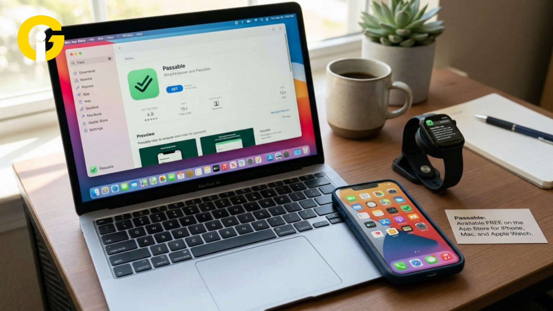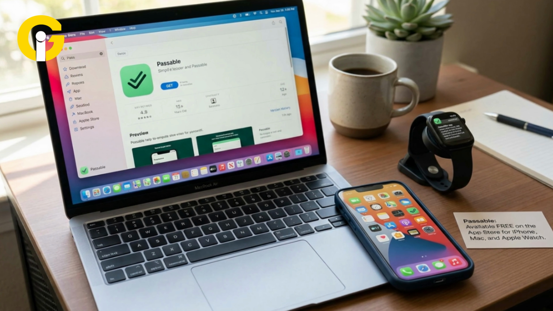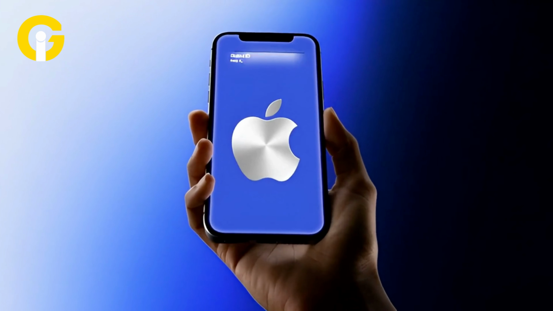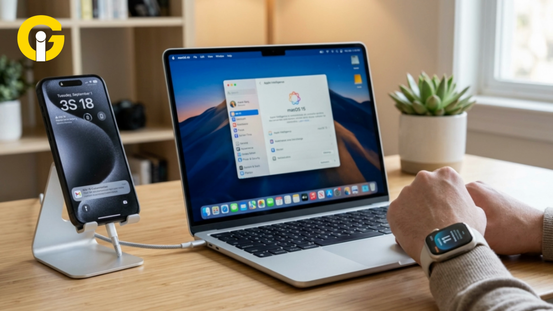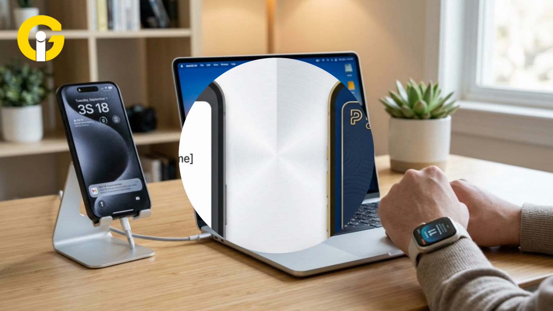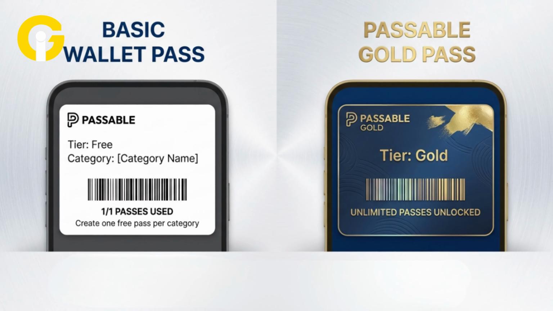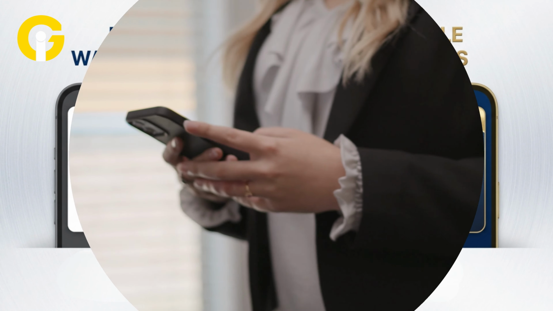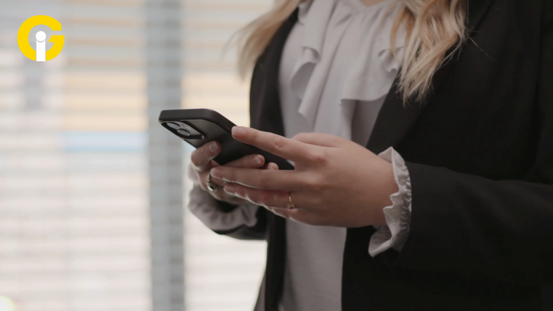Passable is available for free on the App Store on iPhone, Mac, and Apple Watch. You'll need iOS 18, macOS 15, and watchOS 11 or later to run it. You can make one wallet pass per category for free, while Passable Gold unlocks 10 passes per category and additional